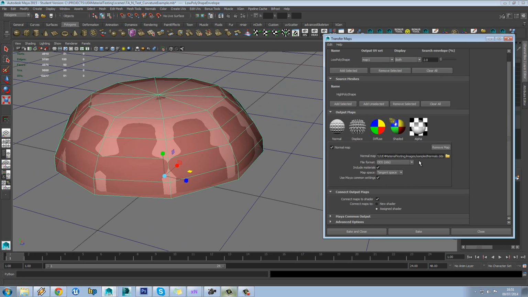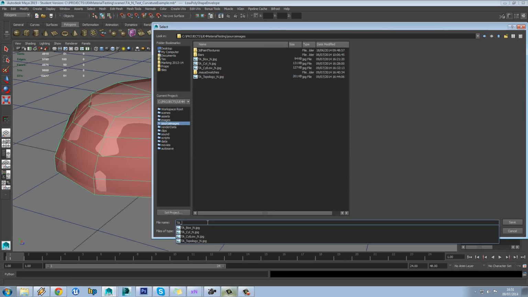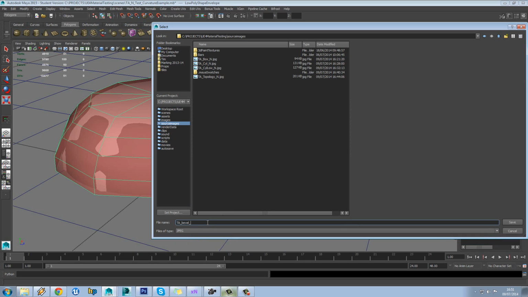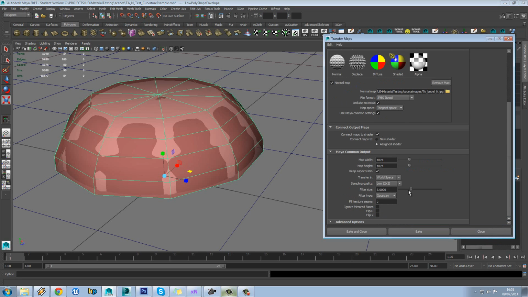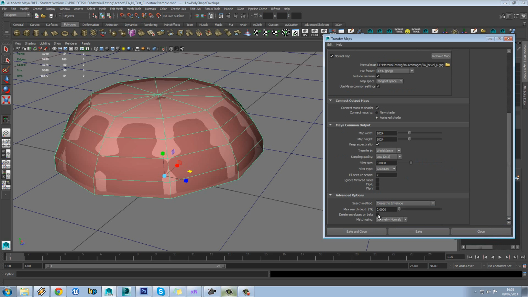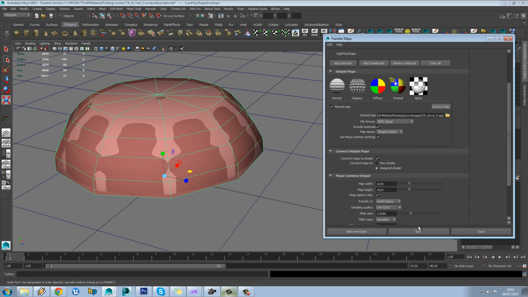So I'll add a normal map in here and again save this out in our source images folder. I'm just going to call this TA bevel N. Make sure you're in tangent space, make sure you've set your map size and we're on low just to start with, and don't delete your envelope on bake. So we've got low poly shape, high poly, normal map, all good. So if we just try hit bake,